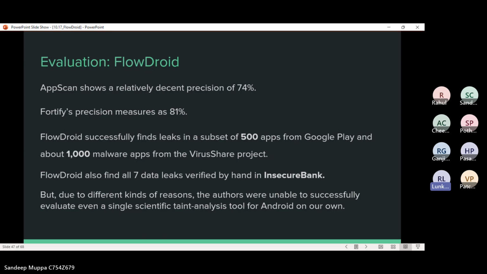And from the VirusShare project, there were numerous malware apps, about 1,000 of them. But the authors of this research paper were unable to actually evaluate every single taint analysis tool for Android on their own. Next slide, please.